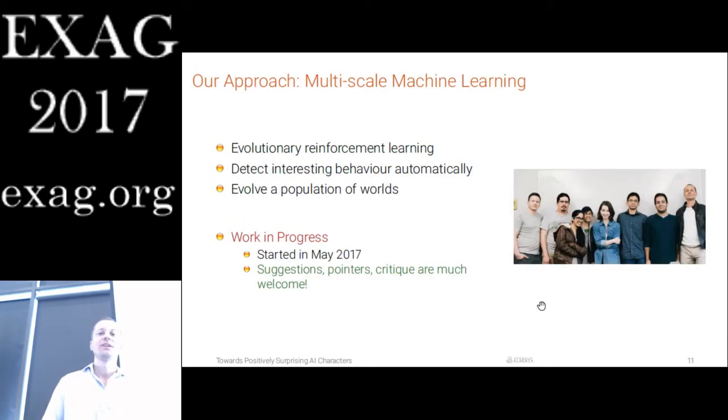So our approach here is multi-scale machine learning, and I'll explain what it is. Learning happens in several layers. One layer is evolutionary reinforcement learning in the style of David Ackley and Michael Littman, where your initial policy and reward function are genetic, and during its lifetime an individual will learn given its reward function. If it's learning well, and if the reward function is good enough, then it will live to reproductive age, reproduce, and so on. So this is not your standard discrete-generation genetic programming. We don't have an explicitly defined fitness function, we don't sort the population, we don't take the top and allow them to reproduce. Here you can have a grandfather existing at the same time as